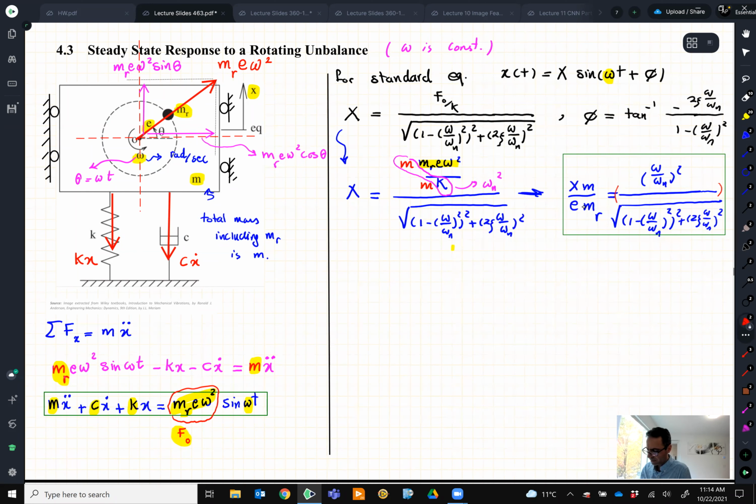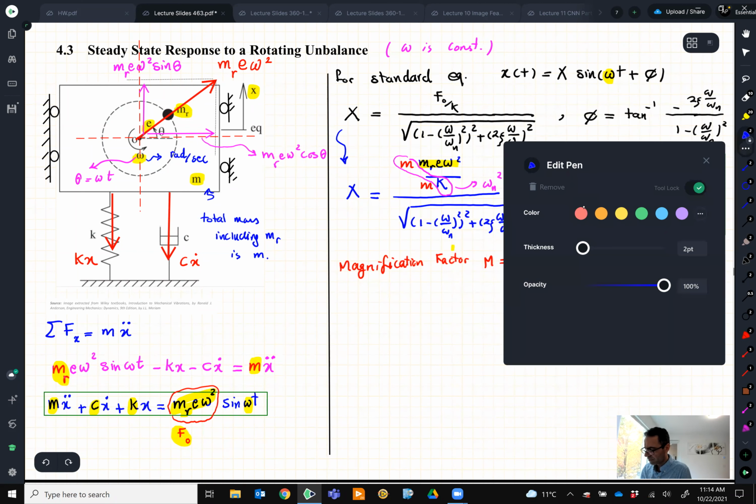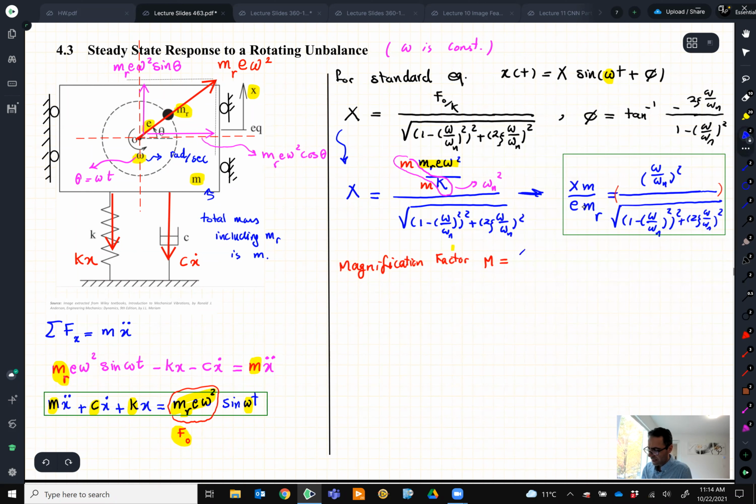So the magnification factor, M, or some people show it by MF, is equal to X over M_e over M_r, which, as you can see, doesn't have any unit, right? X and e, they cancel out. M and M_r, they cancel out, right? No unit. So the magnification factor always doesn't have any unit, and it is equal to